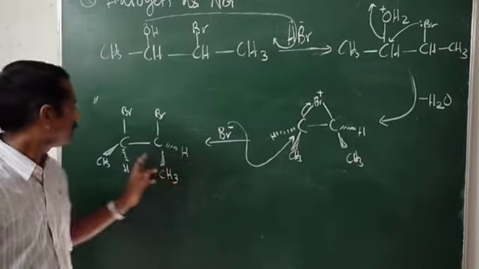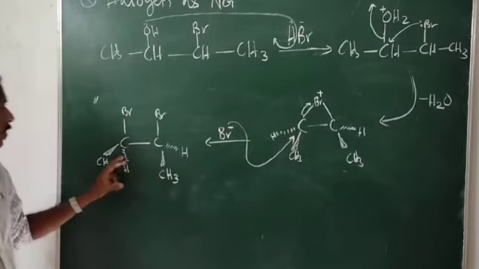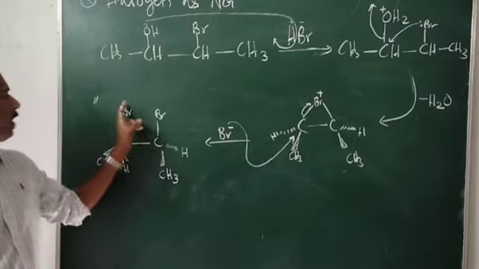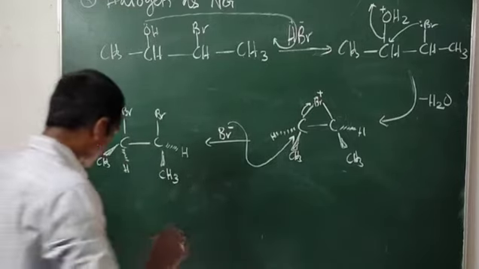Now here, since it is a backside attack, the configuration is inverted. So the CH3 is here and H is here, and our Br is showing here. This is one possibility. Now you can see that in this case,